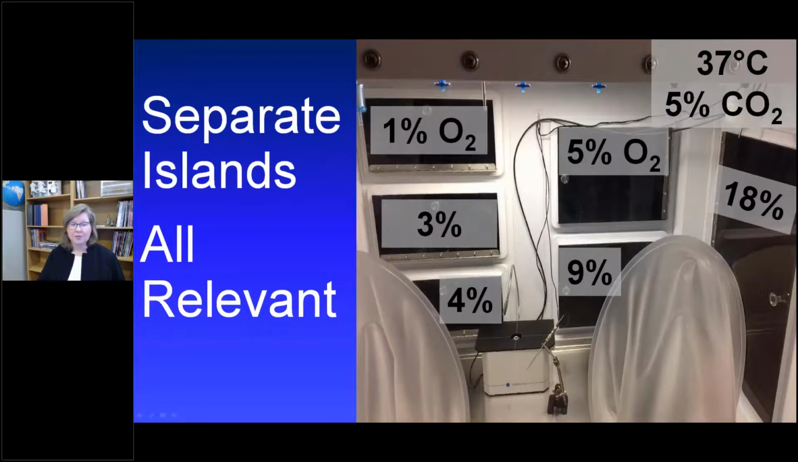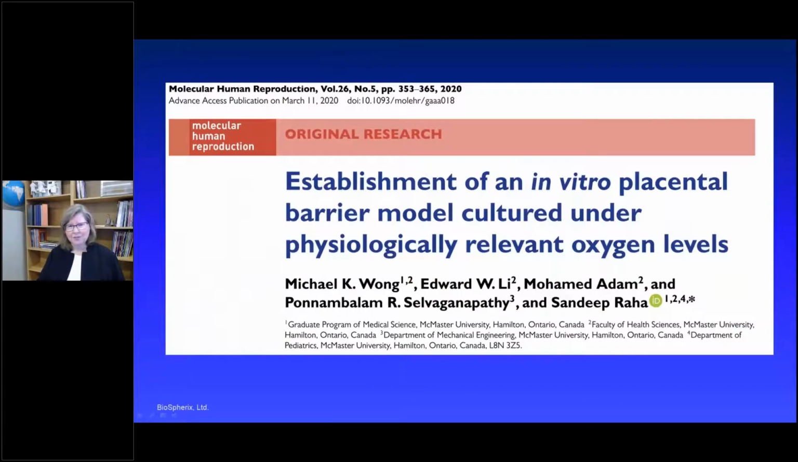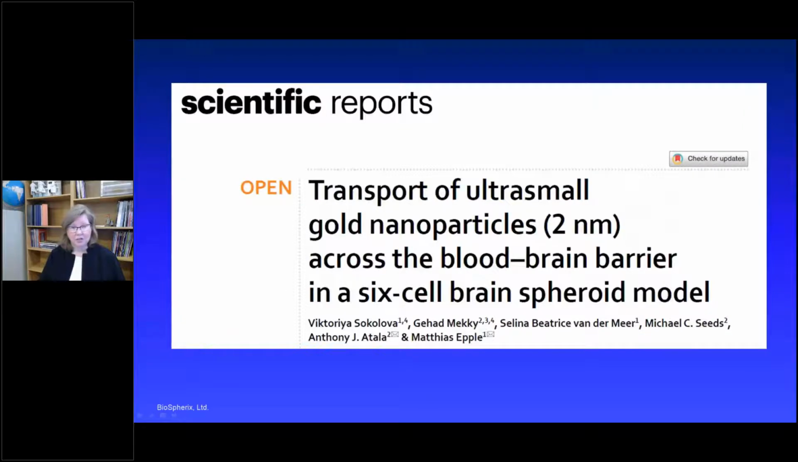I can also set this for different oxygen levels, so cells never have to be in people-centric room air conditions. So our customers are using Xvivos like this to study cells and tissues in controlled oxygen conditions to better simulate different environments, like this study where they've established a placental barrier model under physiologically relevant oxygen conditions, or this one where they're looking at blood-brain barrier model in brain spheroids,